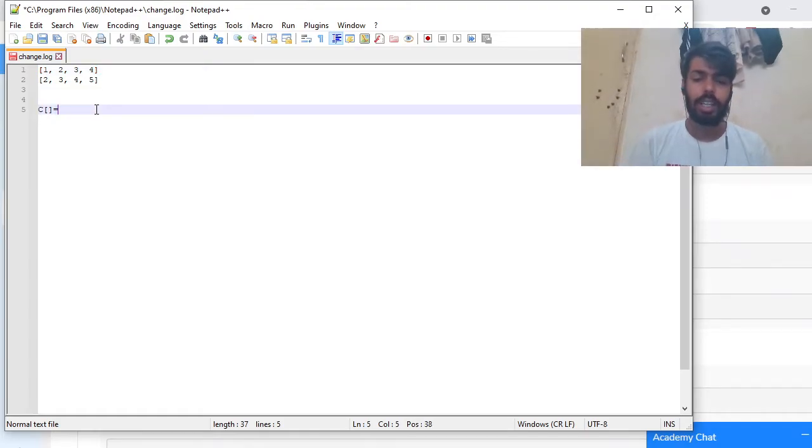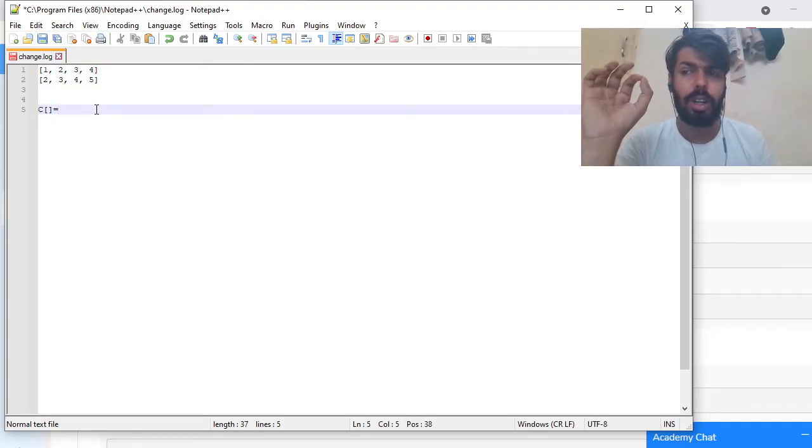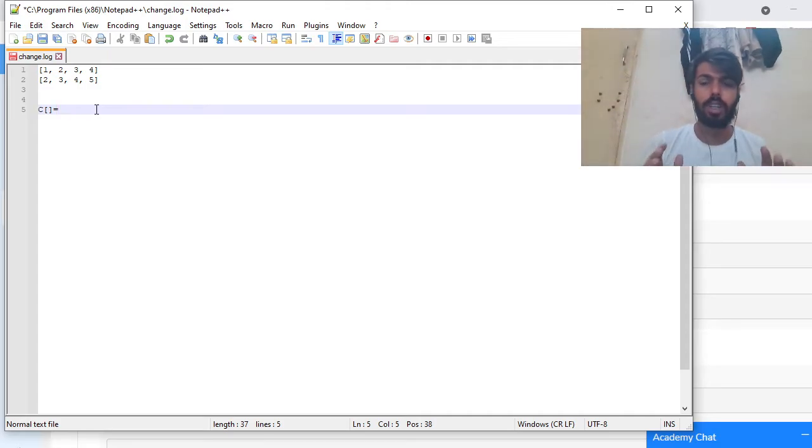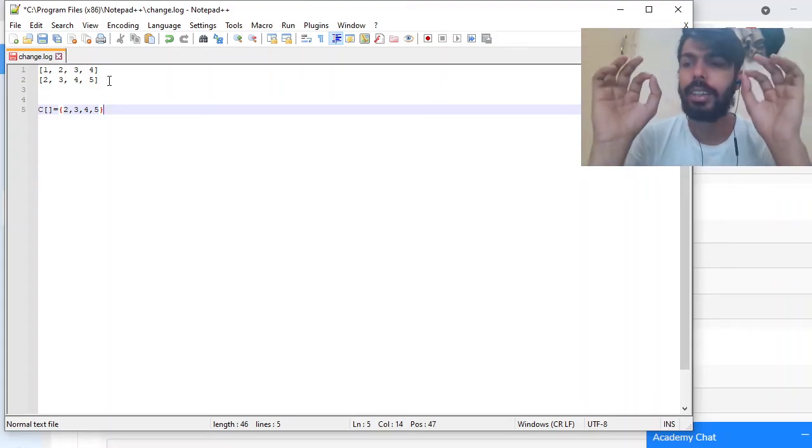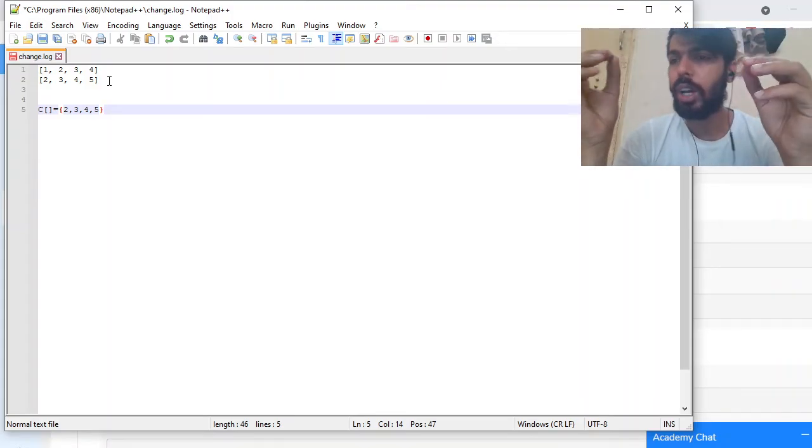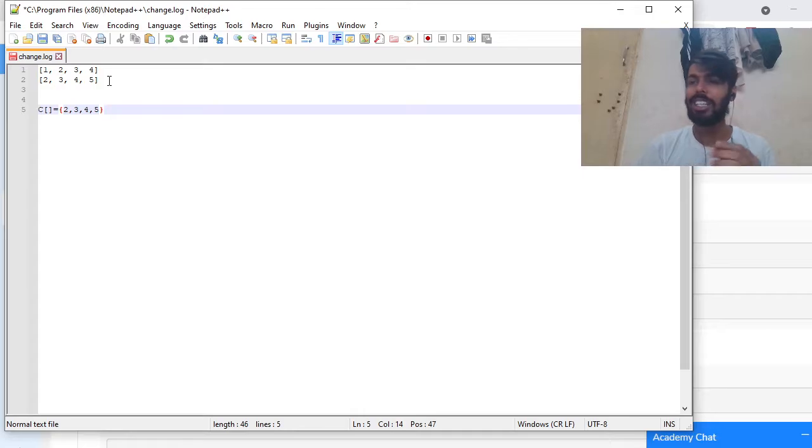After selecting the maximum of each column, we create a new array. Our new array will consist of 2, 3, 4 and 5. So now we converted our 2D array to a 1D array. And why we converted this, you will see in some time.